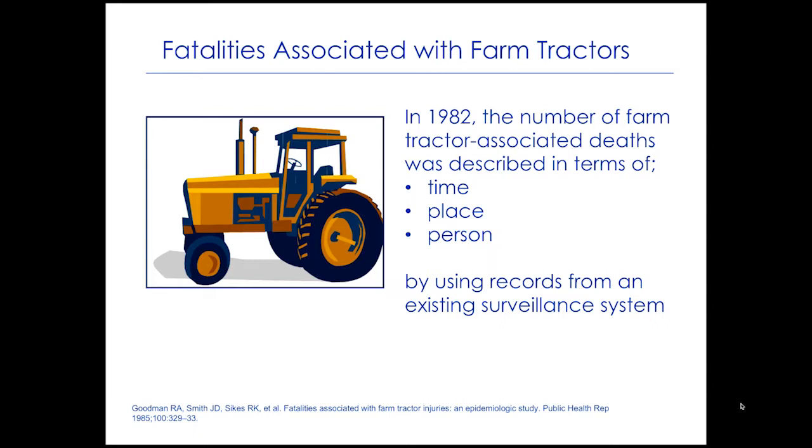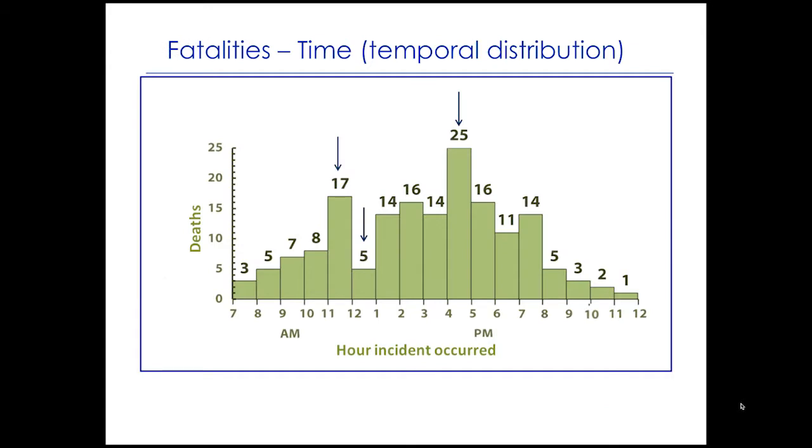And if you look at the temporal distribution by time, you see there are some interesting findings, what's going on at 11 o'clock and what's going on at 4 o'clock. And essentially what this is, is fatigue. It appears that the people that are working, they're very energetic in the morning, but 4 hours later, driving a tractor without a break, you get quite tired and mistakes start happening. Likewise, during lunch from 12 to 1, nothing, no disease, no fatalities. And then there's also a peak in the late afternoon. And of course, it trails on. Farmers can work sometimes very long days in the fields.